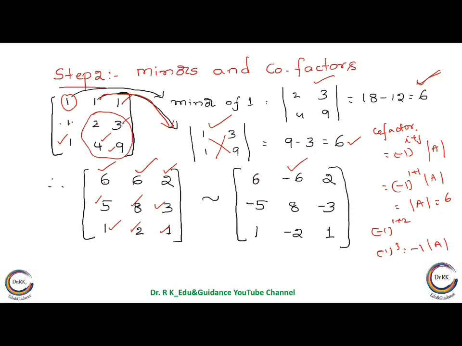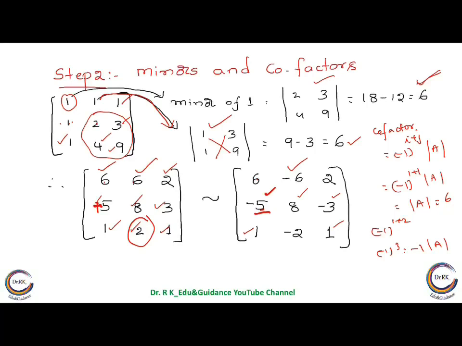Here this is second row and first column, 2 plus 1, right? So 2 plus 1 means negative we get, 5 is there, so we get minus 5. This is 2 plus 2, 4, that is positive. Here 2 plus 1 is negative, so that's why we'll get minus. Here this is again positive, this is again positive, and coming to this, it lies in